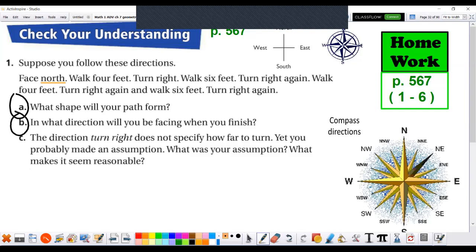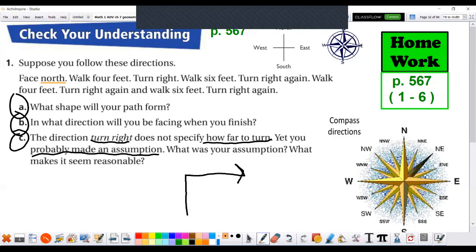In what direction will you be facing? Will you be facing north, east, south, or west? And here's something to think about. The direction turn right does not specify how far to turn. I would demonstrate in the class, if I turn right, what if I just start spinning to the right forever and ever? You probably made an assumption that you